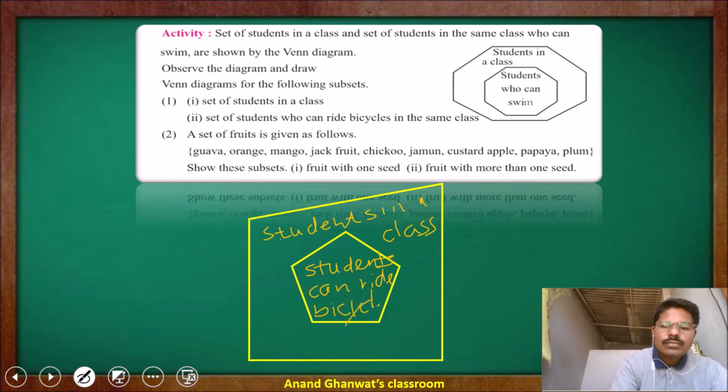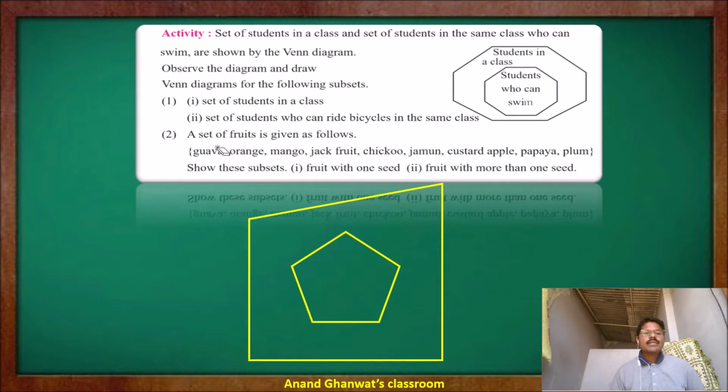So in this way we can represent a given set and subset using a Venn diagram. A set of fruit